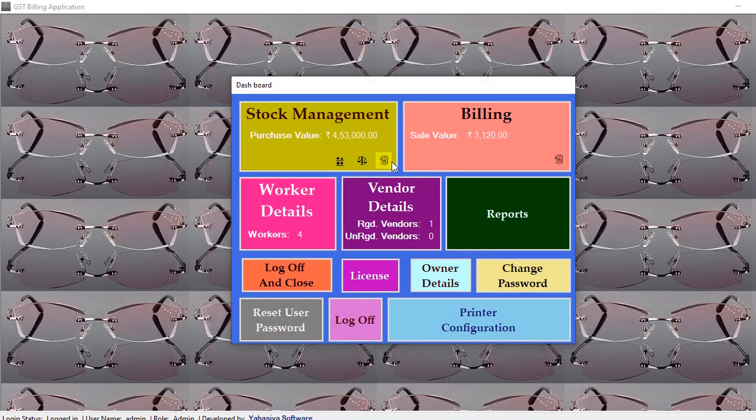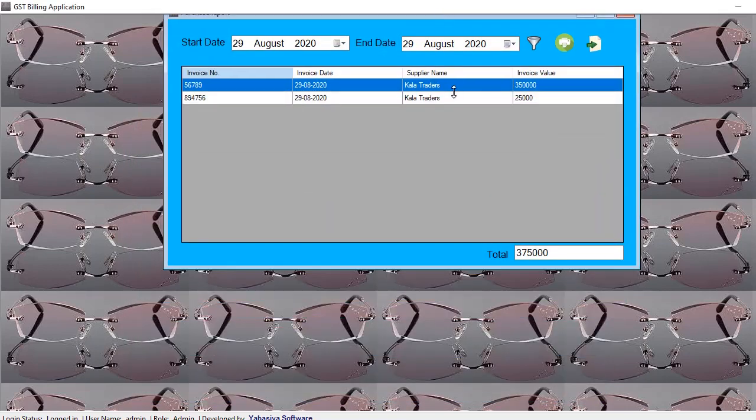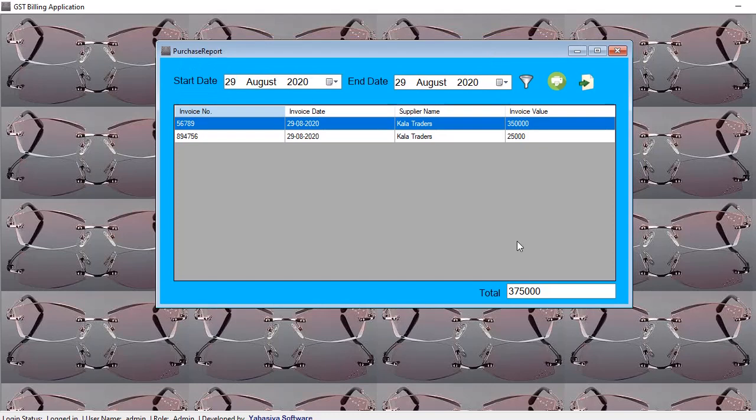And finally, the purchase report. We didn't have a printing feature for the purchase report before. We simply used to see our purchase report in the form. Also, we didn't have the purchase total. That is also introduced now in this version.